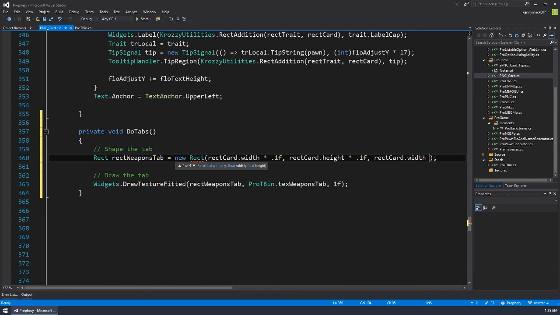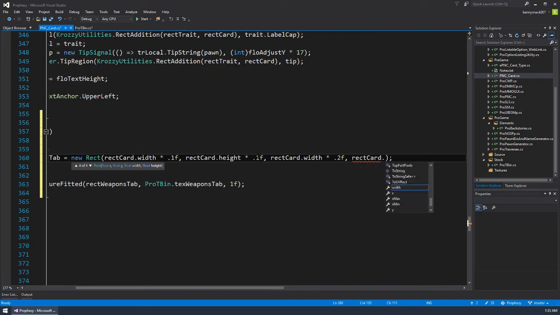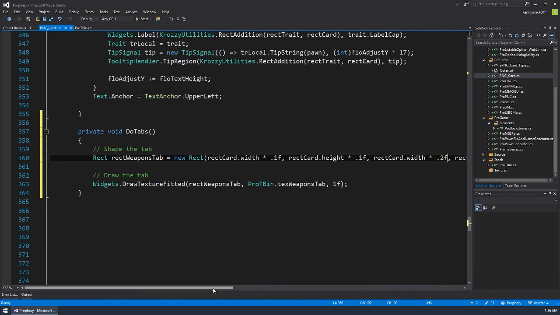So I want my texture to be the correct aspect ratio. So I can't look at the height. I have to look at the width. So let's just do 0.2, and then let's just do rect card dot height times 0.1, or no, because they're not the same aspect ratio. So let's do okay. So that would be 2 to 1, which is the same as what we just made our texture, 256 by 128. Okay, that way we can avoid doing more math. Okay, so